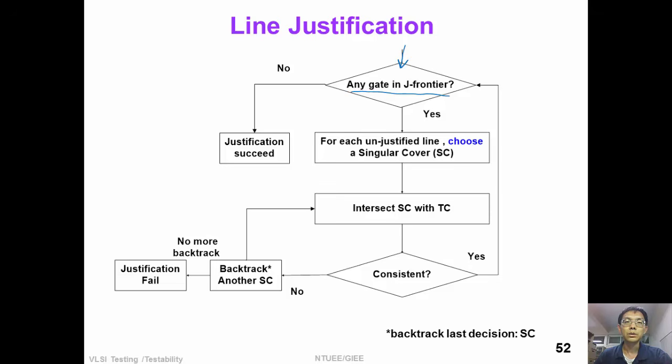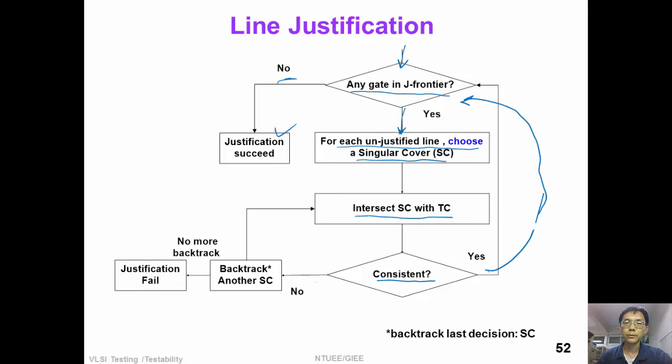If there is no such gate, then we finish all the justification. Otherwise, we move down. For each unjustified line, we pick a singular cover and try to intersect the singular cover with the test cube. If we can find a consistent answer, then we pick our next